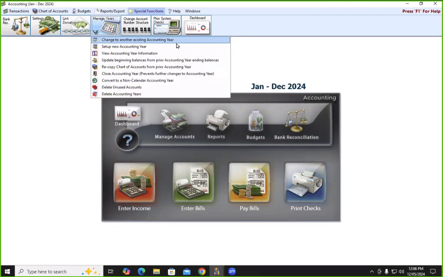Setting up new accounting year, that function is used for when we're wanting to set up our next accounting year. So when you're ready to open 2025, which hopefully many of you have already done, that was where you went to set up that accounting year. I've already set up my 2025. I don't need to do that. Maybe later on, if time warrants here, I will delete my 25 year and